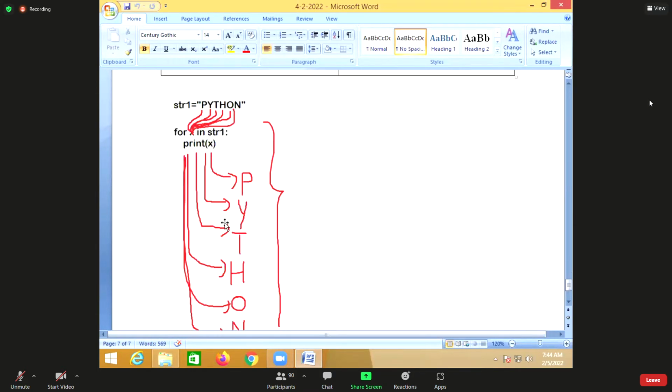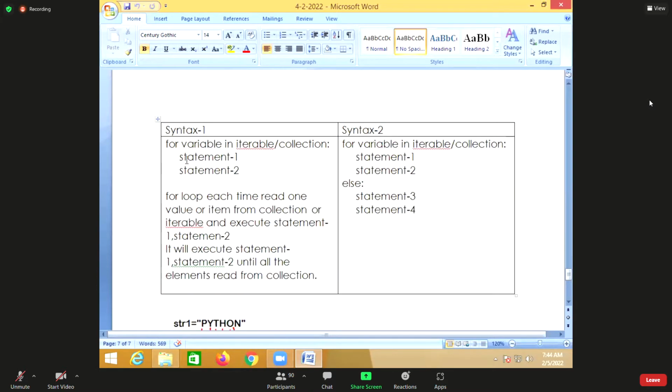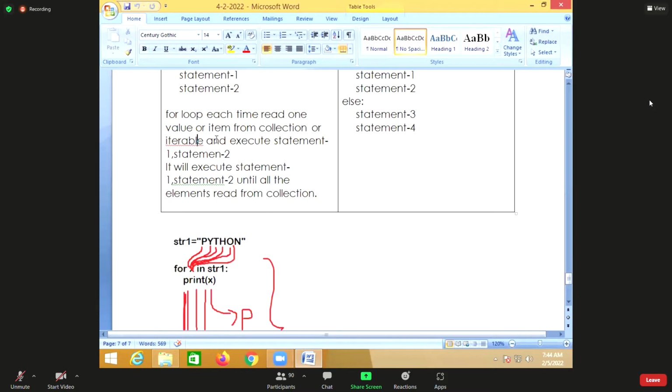So what the for loop will do is, I said yesterday the syntax is, the for loop is used for reading one value or item from a collection or iterable. Each time it will read one value.